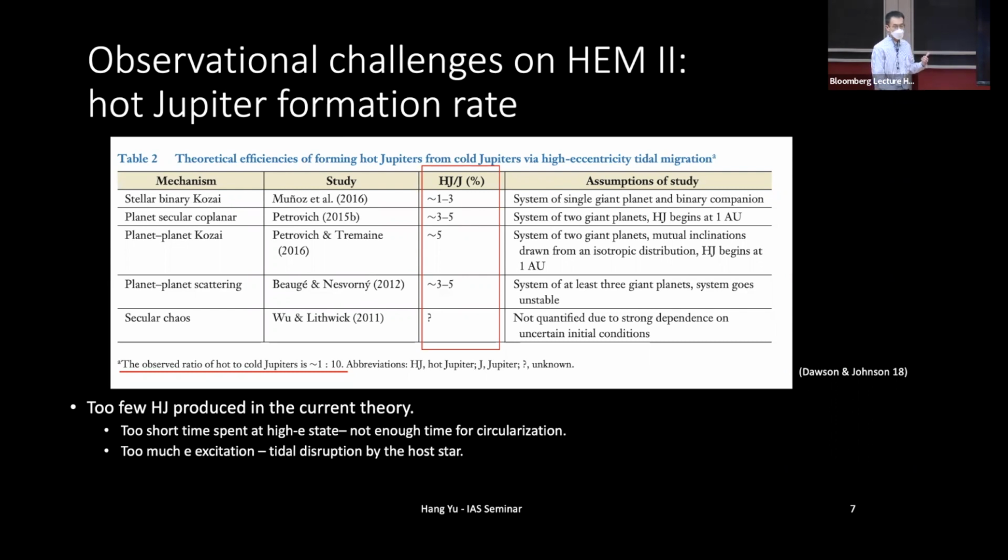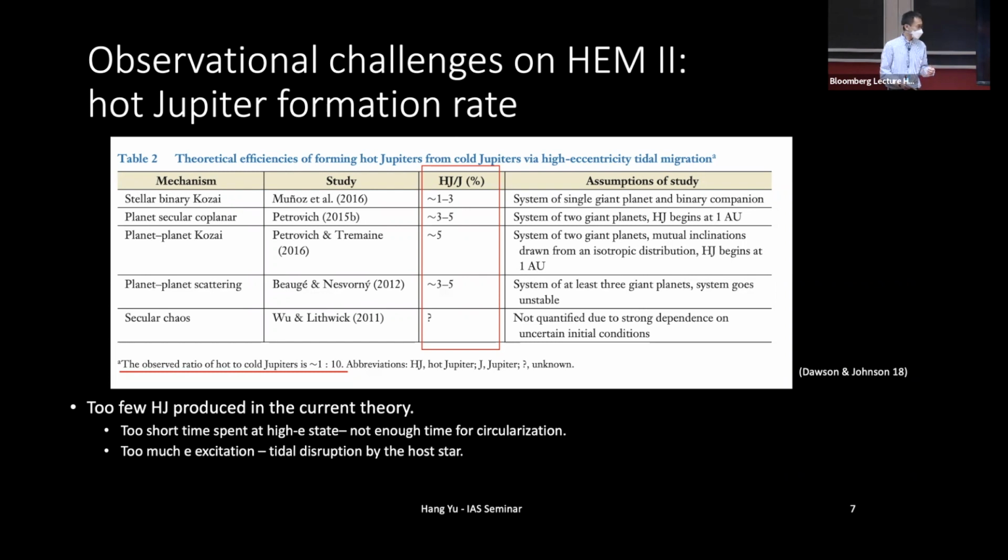So the issue is twofold here. One reason is that during the Kozai cycle, the inner binary's eccentricity and inclination oscillate. So the planet will only spend a small portion of time at this highly eccentric stage during the Kozai cycle. And only in this highly eccentric stage can tidal dissipation be efficient because the pericenter distance is sufficiently small. So in the end, there's just not enough time for a planet to migrate within the lifetime of the host